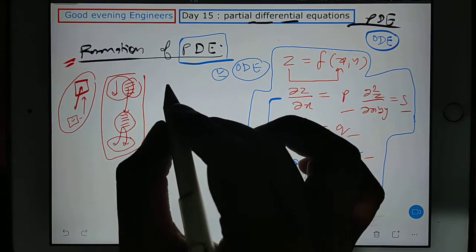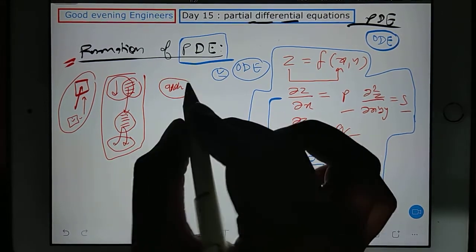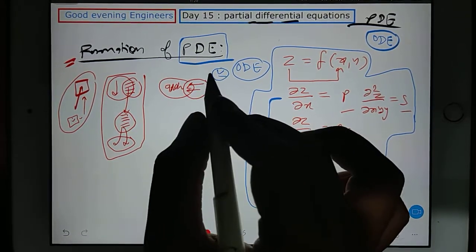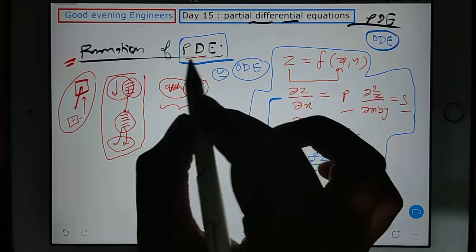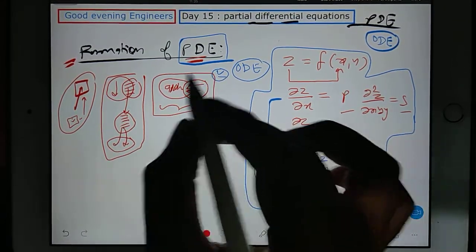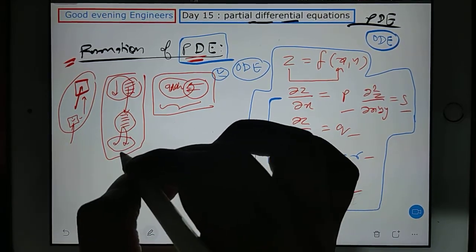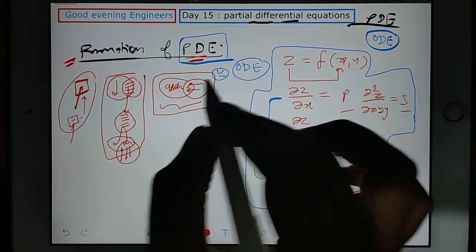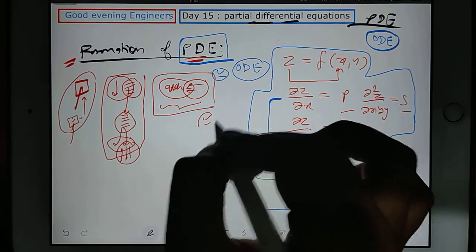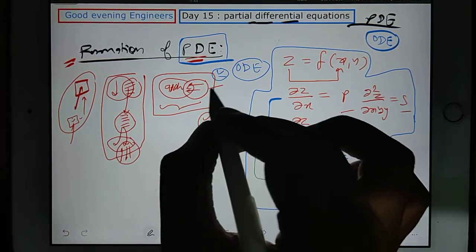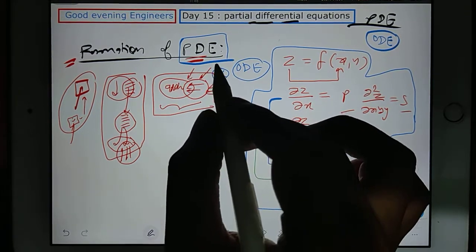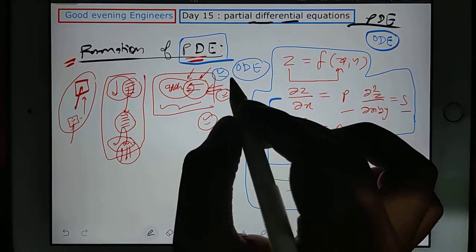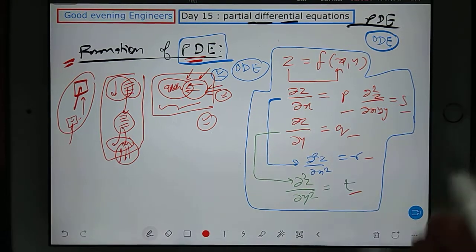And we have one more thing, that is called application. Application of partial differential equation is very, very important. Actually, application-based questions in partial differential equation used to be very, very lengthy. So first I will teach you this basic, then I will give numericals for this, and then if possible today itself or in the next class I will teach you the application of partial differential equations. This application part will be a little bit heavy. Every question used to be very, very lengthy. So it's okay, now we'll start our chapter.